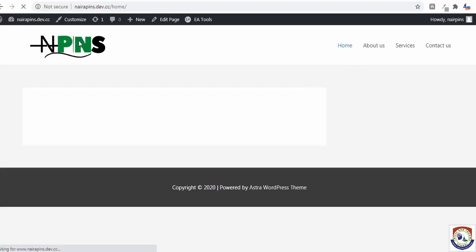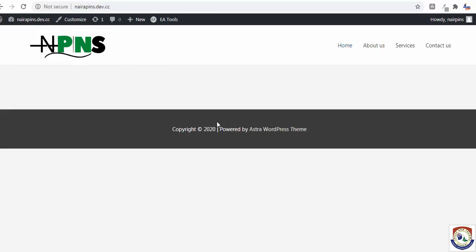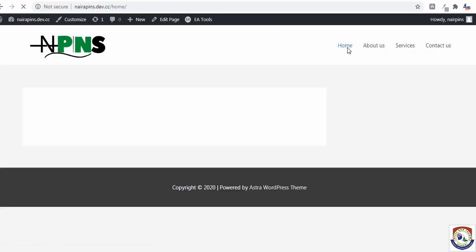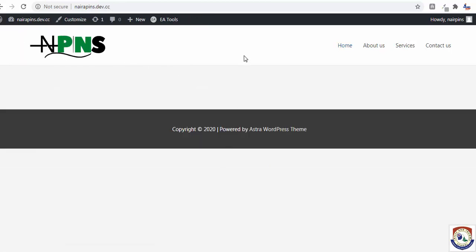When you click on this also, if there are other content, can you see that they are different? Okay, can you see the structure? So if you click on home, can you see this gap? Can you see this gap? It shows there are some missing content here. If I click on this, it will show another one. Can you see they are different? So it means you have not linked this home page to the original home.